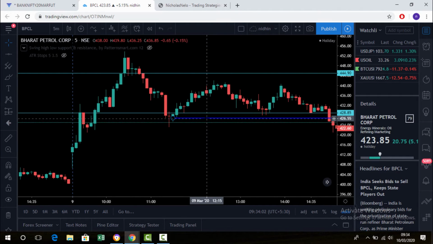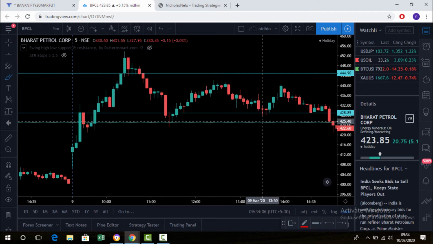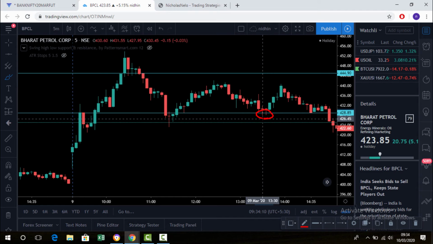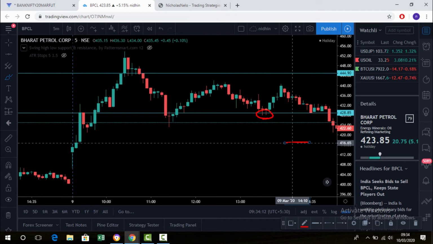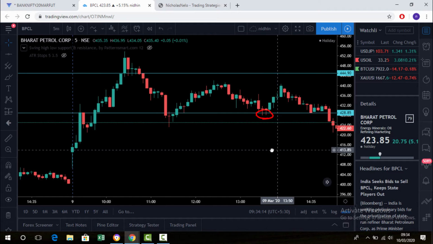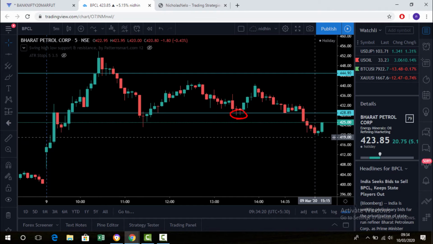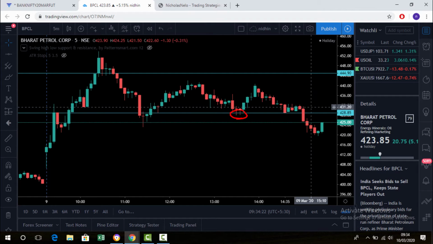And here also you can see how powerful the level is. Again the same line takes support here, and here it breaks. So there's a chance here, it breaks and closes below, so there is a sell chance as it comes down. You can place the stop loss above the same candle. This is one stock, and another one we are going to check is HINDPETRO.